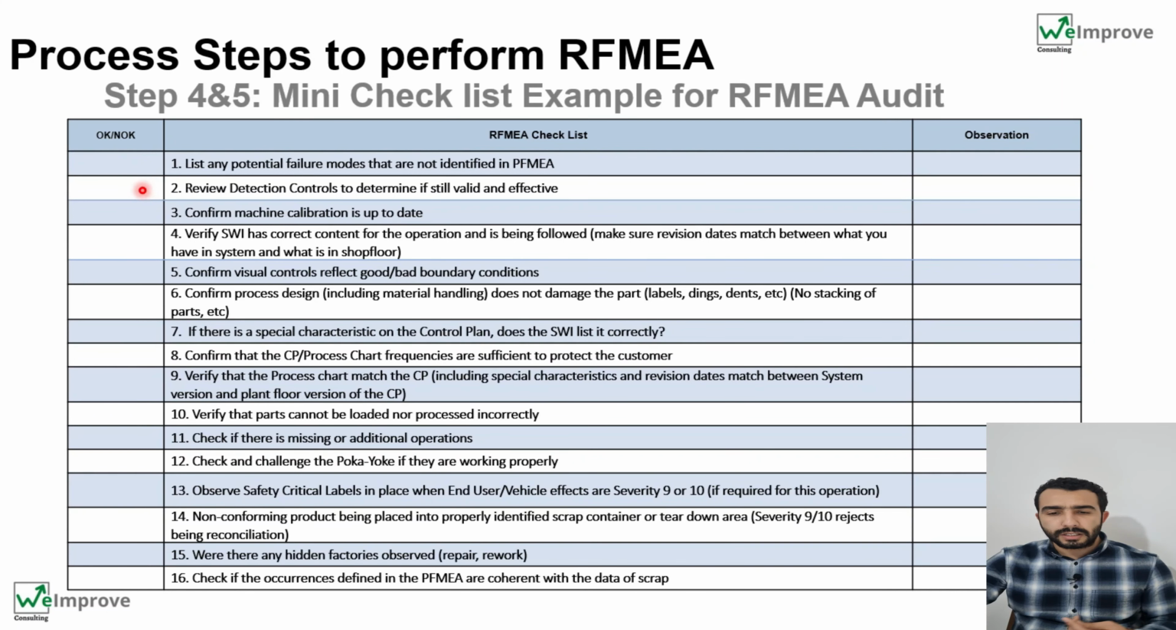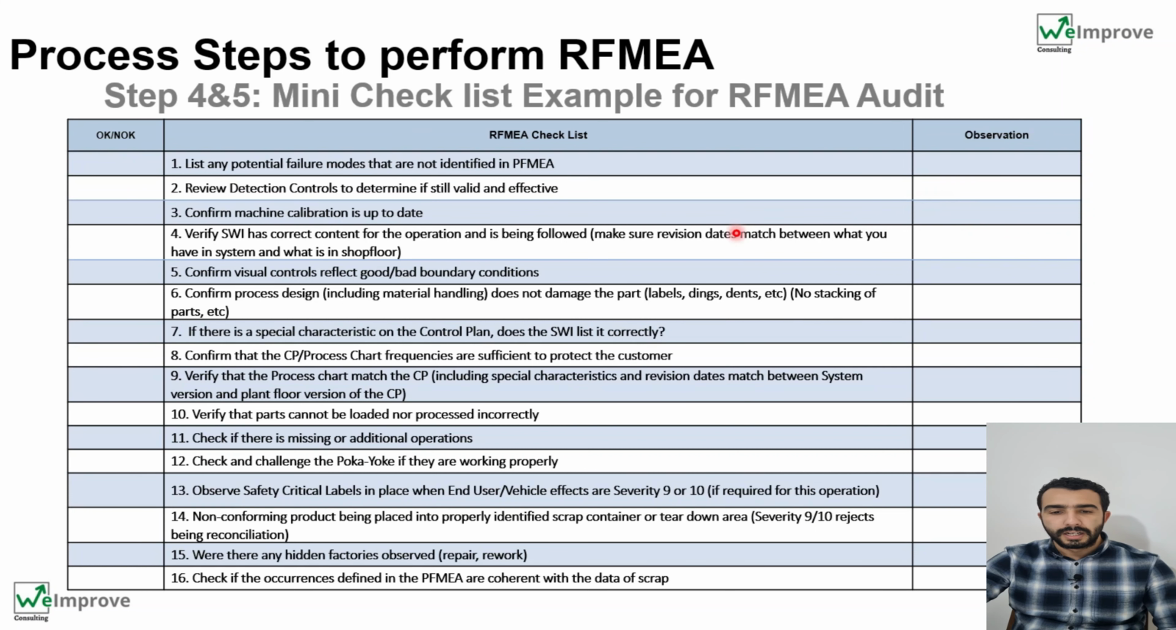The second question is: review detection controls to determine if they are still valid and effective. For example, as I explained to you, imagine that in your control plan you defined the caliper as a variable control, but when you went to production you found out that they are using, for example, a go/no-go gauge, which is attribute control, which is not the same. So here you can detect that it's not the same detection mode,